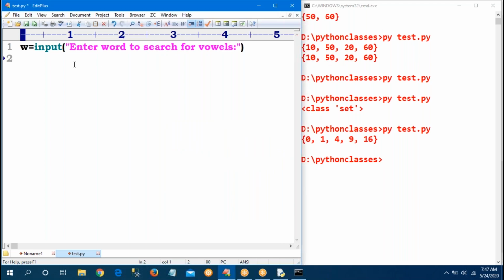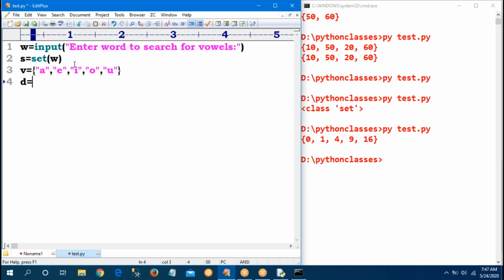Sir, how to print that? Observe carefully. First of all, make the word a set: set is a function, so the word will be converted to a set. Take your vowels: A, E, I, O, U. Sir, S is one set, V is one set.